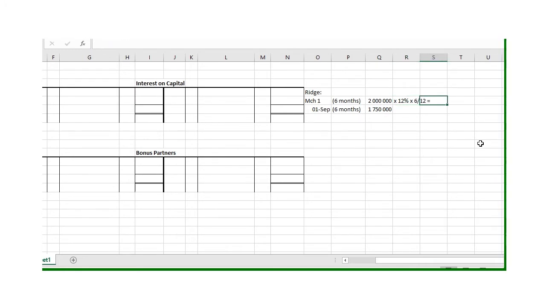And that gives me, if I take the 2 million times 12% times 6 over 12, it gives me 120,000. Do the same for the second portion, 1.7 million, also times 12%, 12 over 100, times, again, 6 over 12. And that gives me